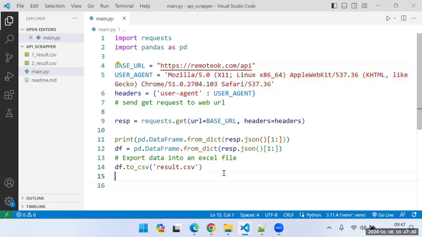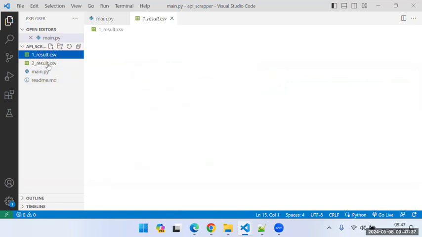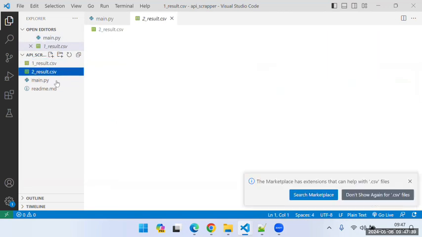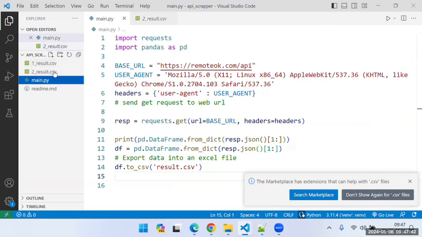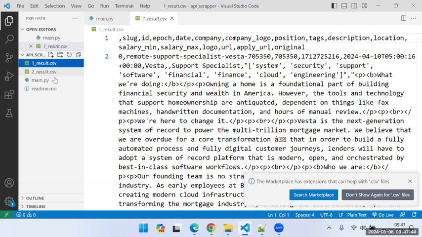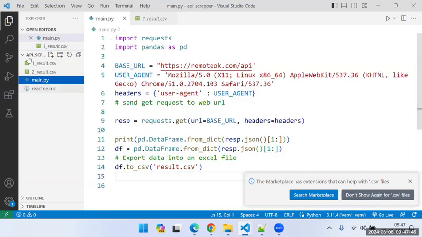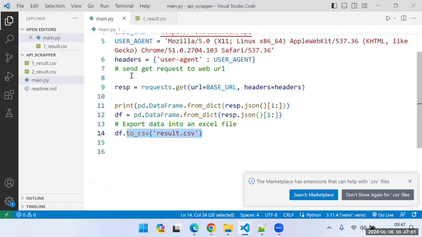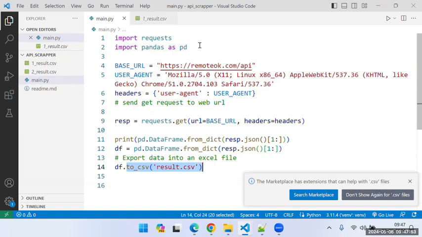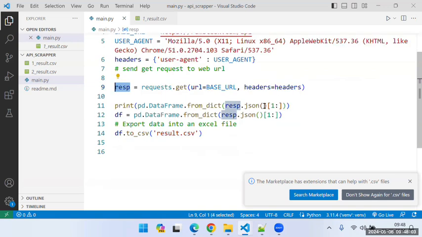All right. Having said that, I'll quickly run this script just to see if things are good. I think these were the previous results. Anyways, it will create a new results.csv. If I run the script, I'm expecting a new CSV file, and this time I'm using pandas over here, so I'm importing pandas as pd. Whatever content I get in the response variable, I'm trying to use in that JSON file, which means